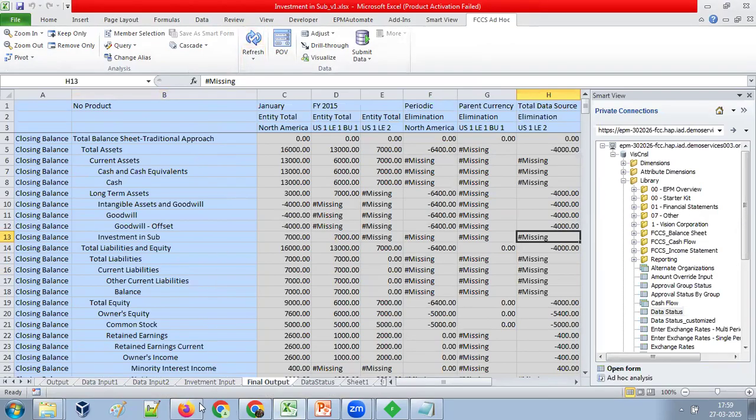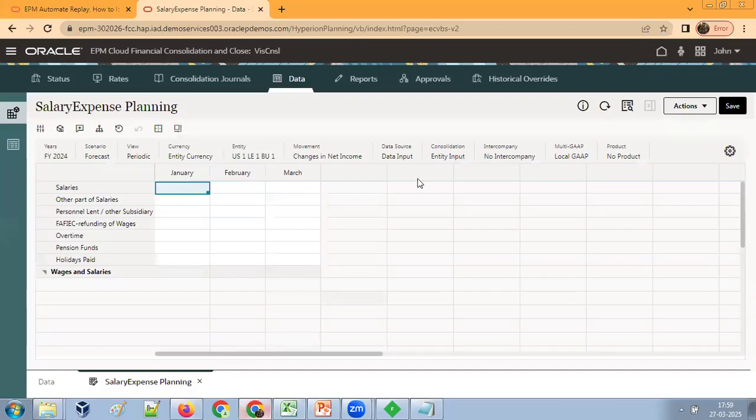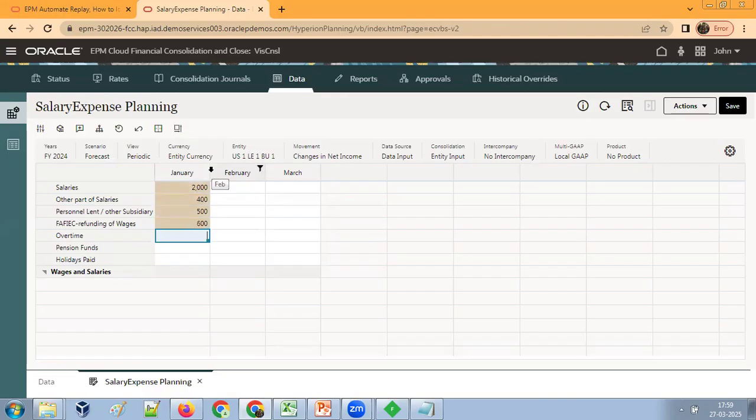Now I have another group of users, which I connected to another browser. Another group of users is a planner. In my story, the username is John. What John does, he logs into the planning application and does some planning activities like direct data input. Just open a data form and input some numbers simultaneously. So during this consolidation process, when I input data into plan and budget numbers,